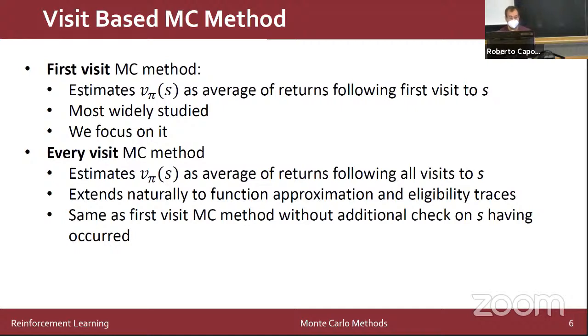We have a first visit Monte Carlo method and an every visit Monte Carlo method. In the first one, we estimate the V pi as an average of the returns that follow only the first visit to a certain state. This is what we will be focusing on, and it's also the most studied way of doing this. Although the every visit Monte Carlo method is actually also being used a lot nowadays, because it's very easy to be used in the case where you're using a